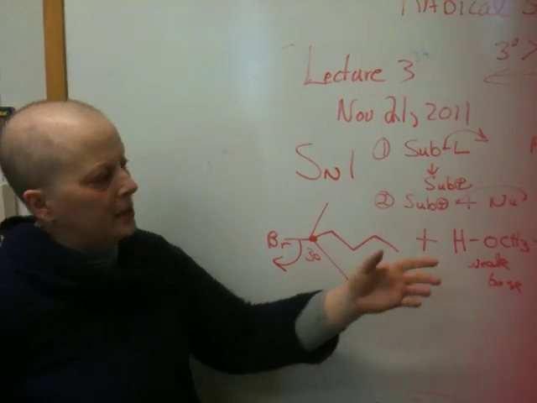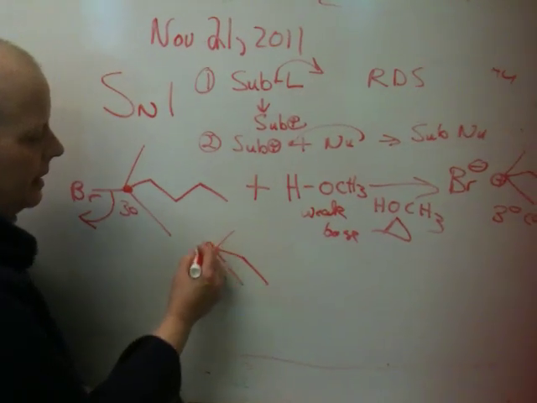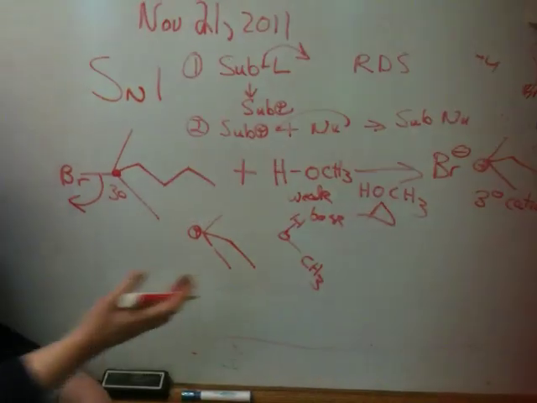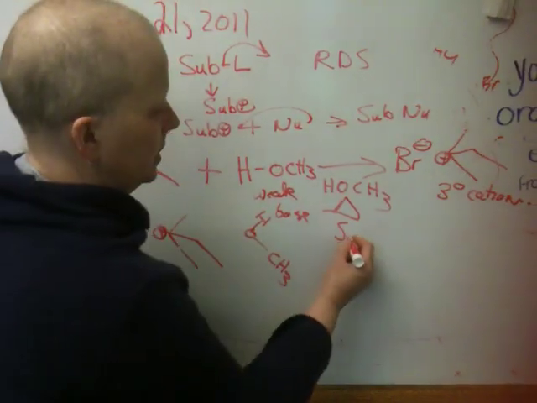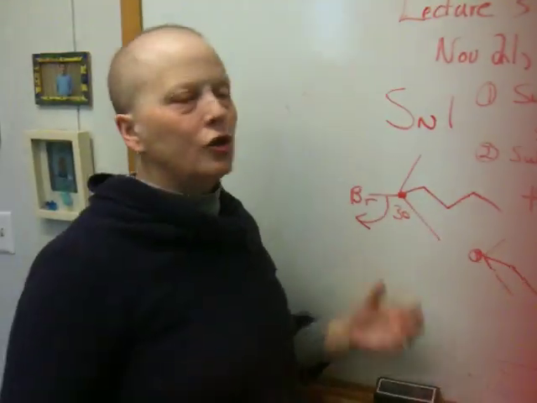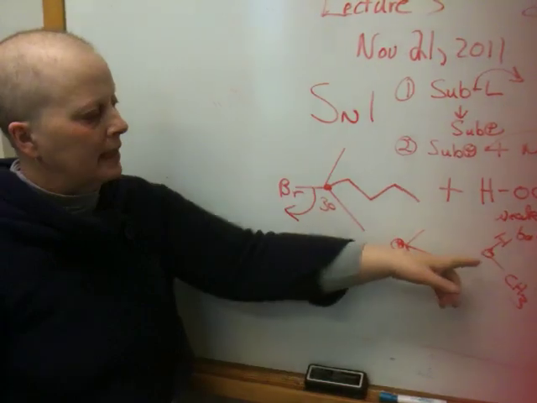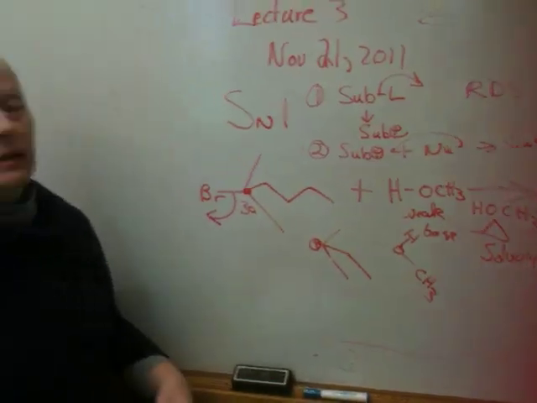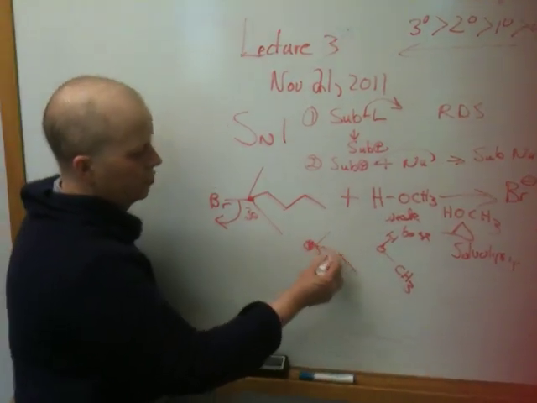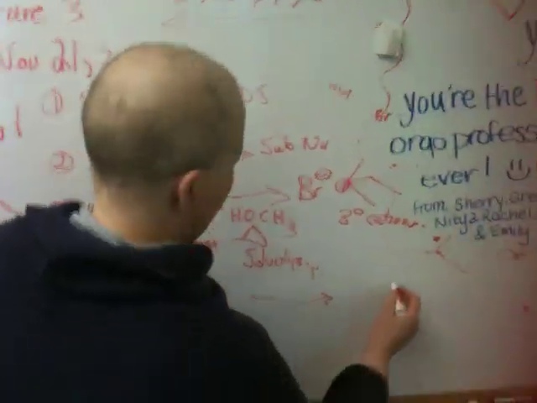Some of these bonds break and you make some cation. Now as soon as you make the cation, this is the second step. As someone in my class famously said recently, this base, which is weak, is kind of like water. This is a solvolysis. What that means is the ocean is made out of methanol. It's like you're in an ocean of methanol. So this bromide kind of gets lost in that ocean. And statistically, it's much more likely that this methanol will attack than anything else in the ocean. So this base, which is weak, finds this charge irresistible, grabs that, and we end up with